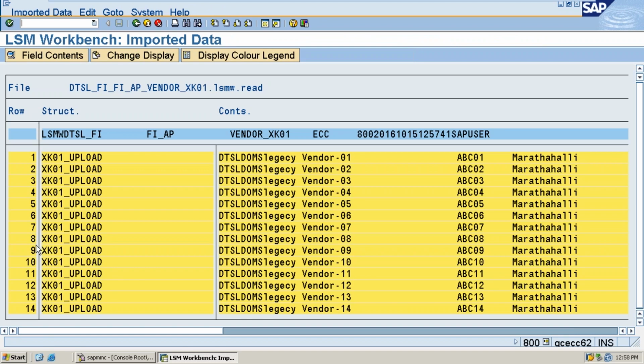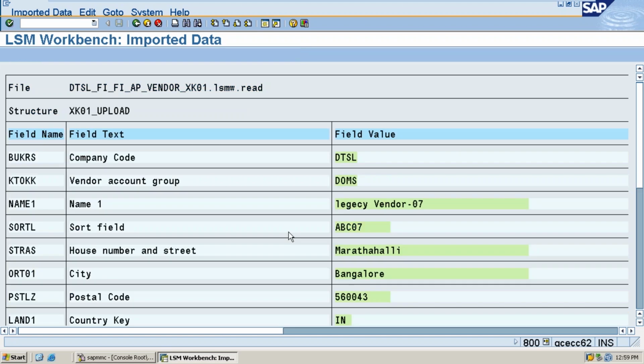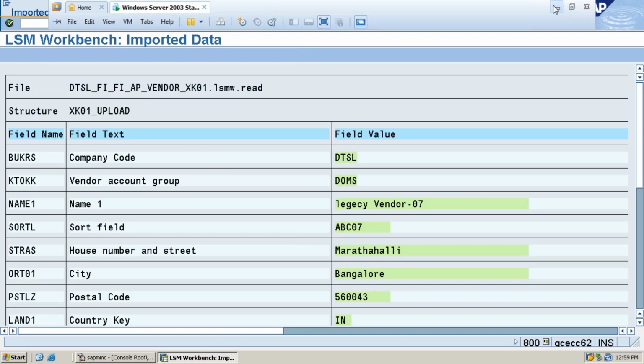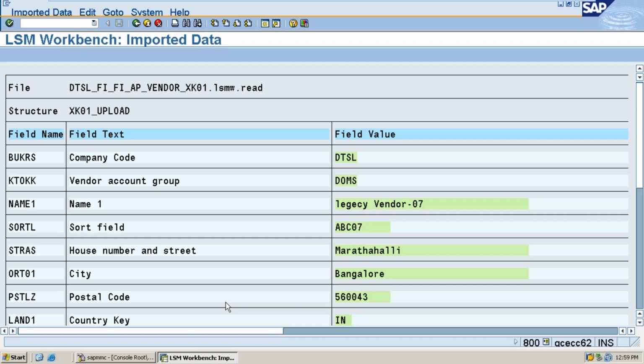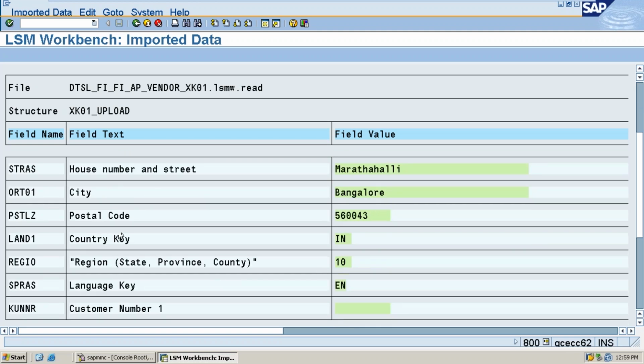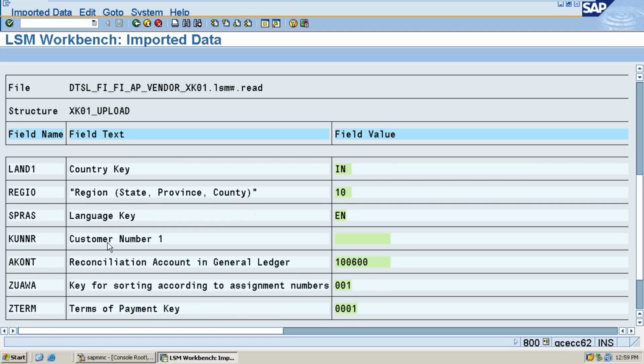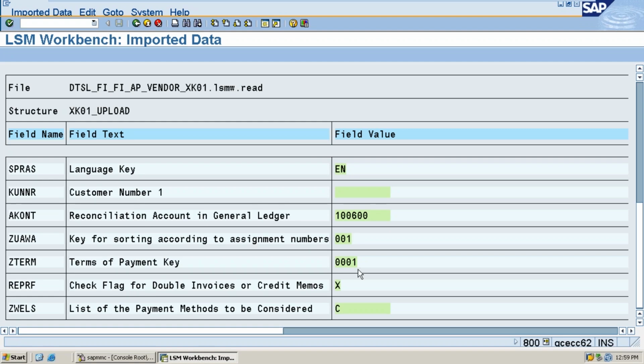Where there are thousands of records, then specify 1 or 2 for sample purpose. No need to click all. Now for cross check purpose, I want you to click on any line item like this and check whether it is properly loading or not. Company code, field, next to postal code, I'm just checking randomly. Okay, fine, perfectly loading. I will tell you the difference between read data and convert data.